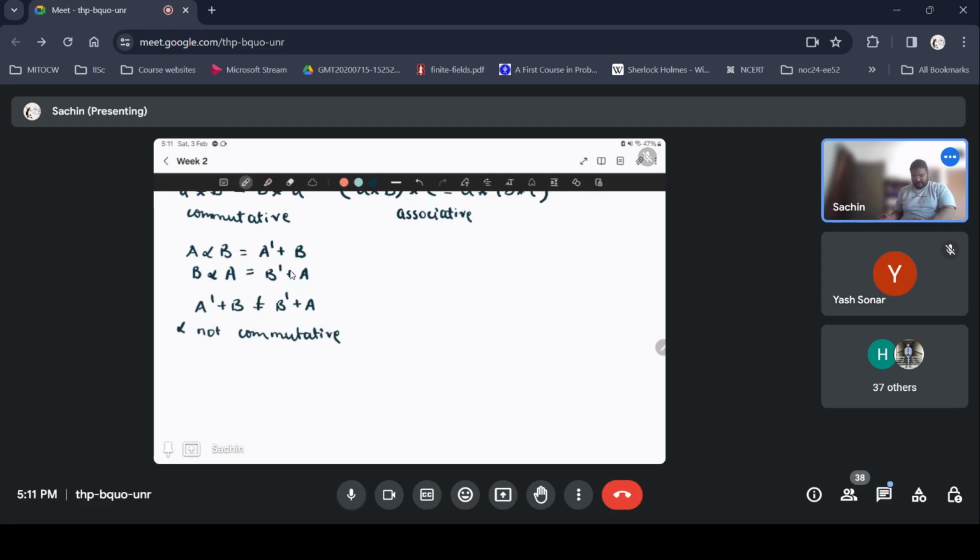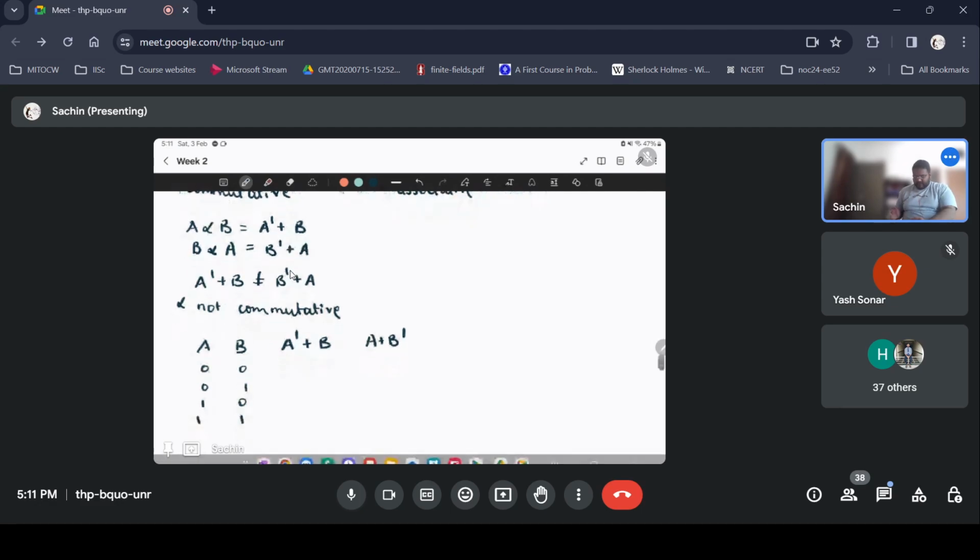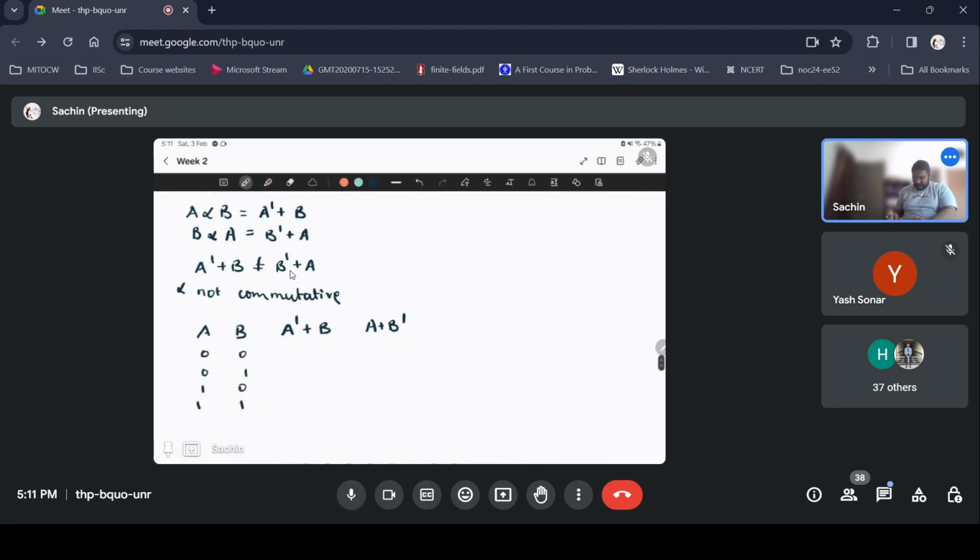Alpha is not commutative. How do you check whether these two expressions are same or not? Easiest way to do, most straightforward way to do that is by writing down the truth table. If you write A, B, and you write A prime plus B, A plus B prime, 0, 0, 0, 1, 1, 0, 1, 1, 4 input combinations are possible. And you see what's the output, if it's A prime plus B or if it's A plus B prime. I'll just do for one input combination. So if A is 0 and B is 1,